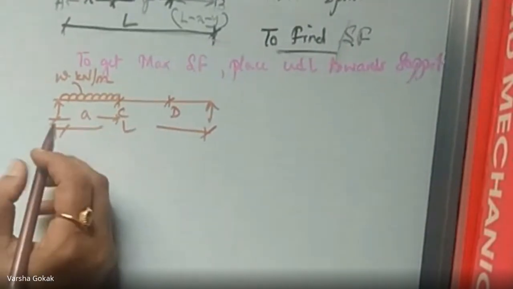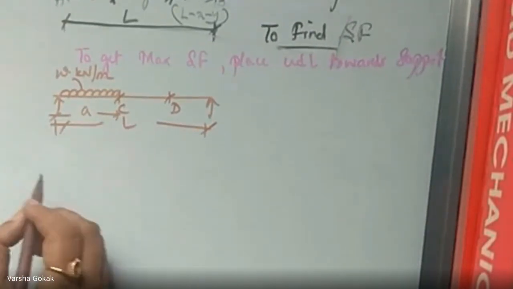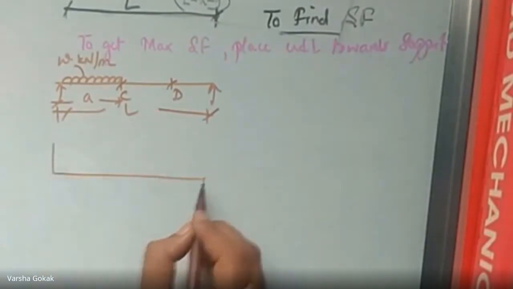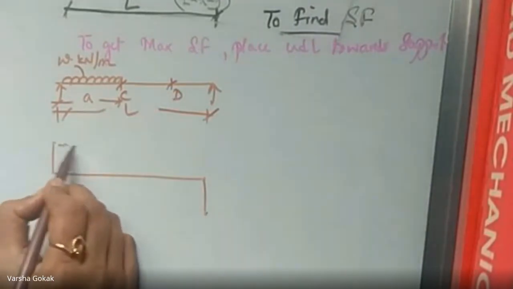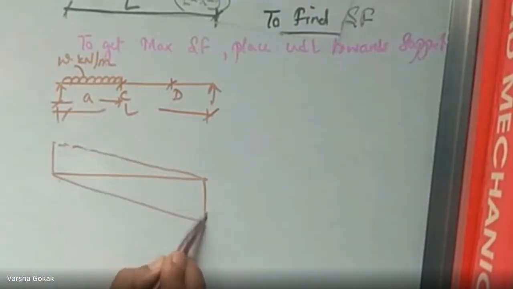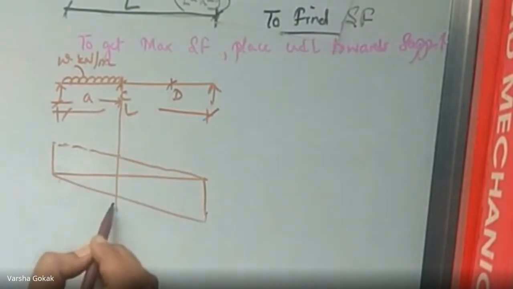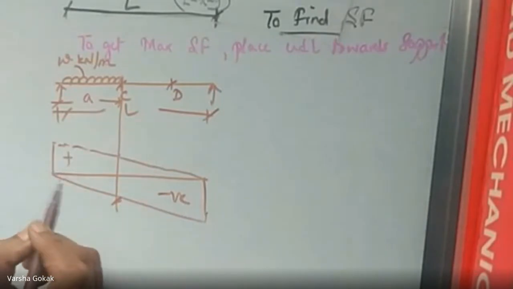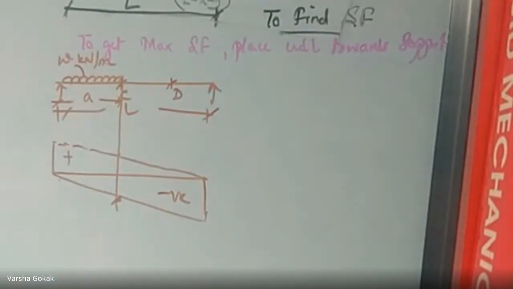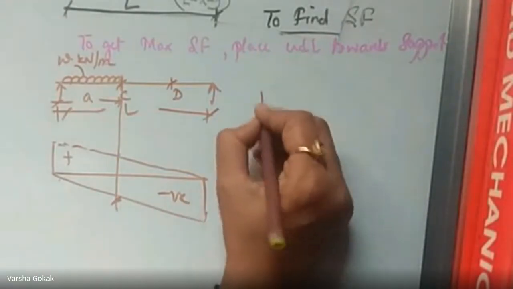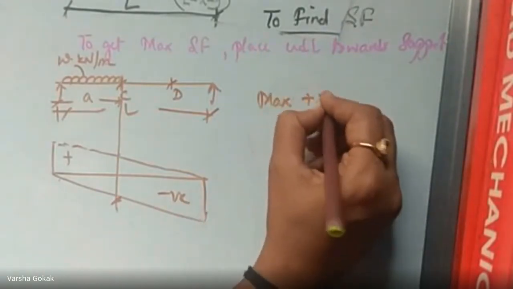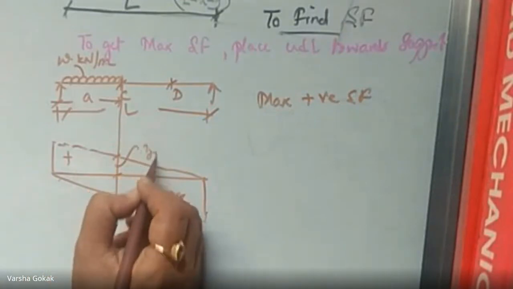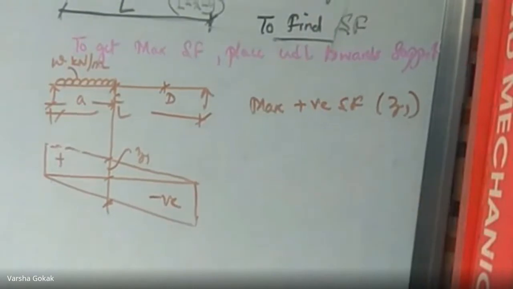So when I draw the shear force diagram, if I want to get the negative and positive shear force, the diagram is going to be like this. RA and RB, this will come and join to 0 and this will be from 0. I will need the shear force at this point. When I'm dealing with negative, I will take this ordinate. When I'm dealing with positive, I have to find this ordinate, correct? So let us first find the maximum positive shear force. Positive shear force means top ordinate, so I'll call it Z1. Get the ordinate of Z1.